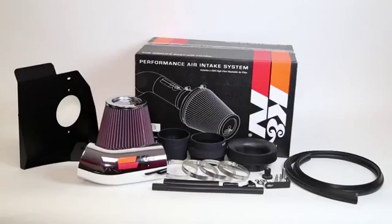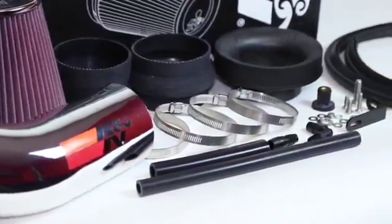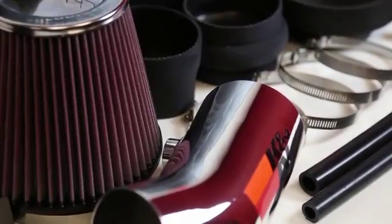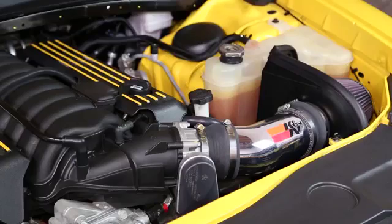This K&N Air Intake system is designed to increase power and acceleration by reducing restriction in the intake path. Its metal intake tube with chrome-like finish also looks great under the hood. K&N